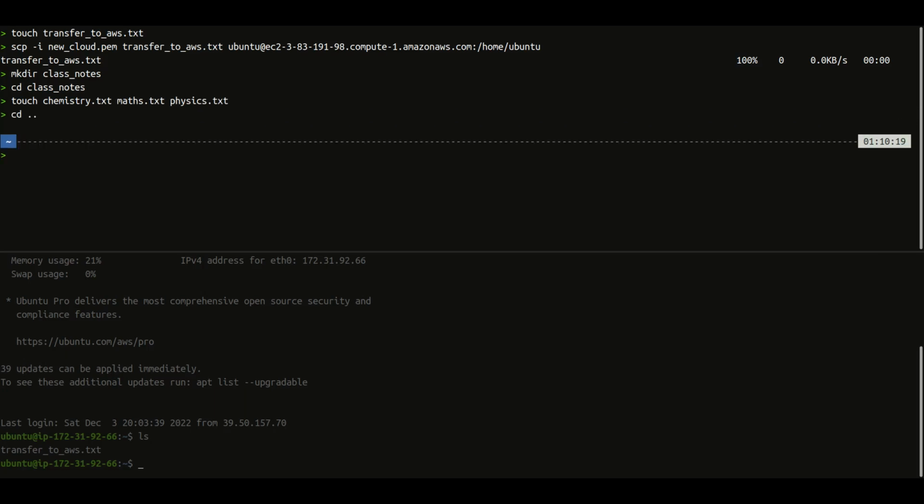so when transferring a directory, the command is the same, just we will add a new switch to it. Type scp, use the i switch for the identity file, and then the name of the identity key, and then you're going to use another switch, the R switch, which tells scp to recursively copy the directory along with its contents. So after the R switch, you're going to type in the name of the directory, which is class notes,